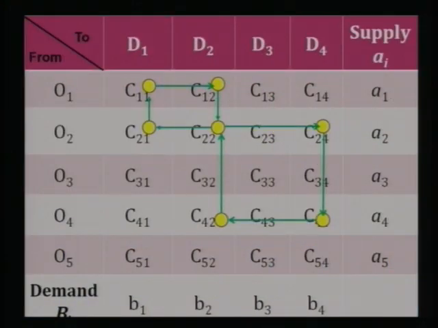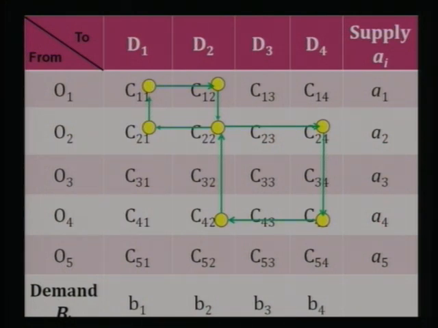Now let us consider this picture. This path is not a loop. Why? Because it does not satisfy the condition in the definition. The condition was every row and column of the table must contain either 2 or 0 cells. Here you can see in the second row there are 3 cells. So this set of cells you cannot consider as a loop. So this is not a loop.